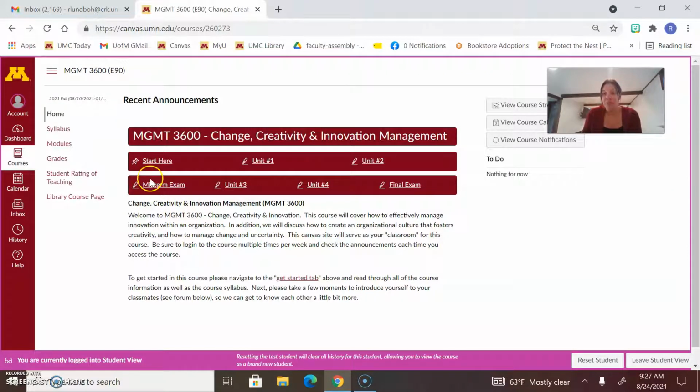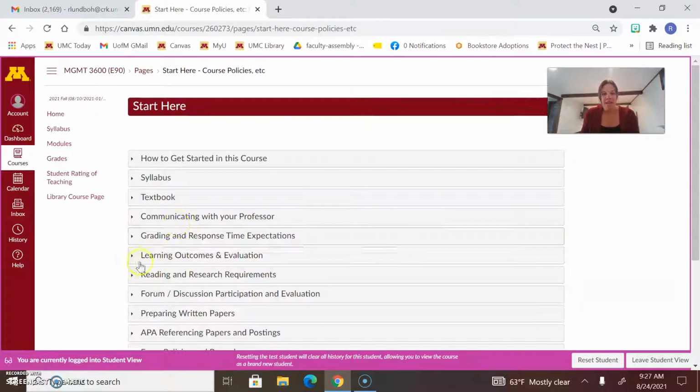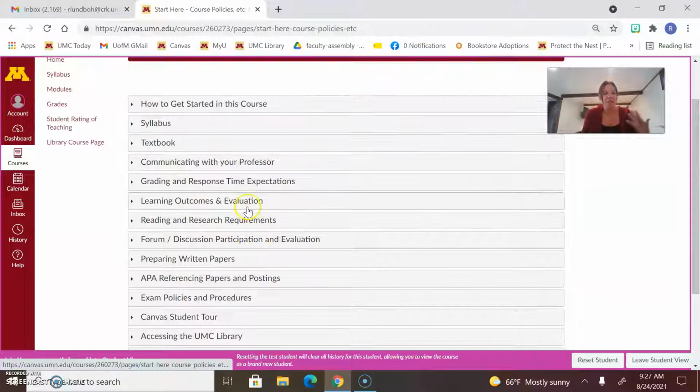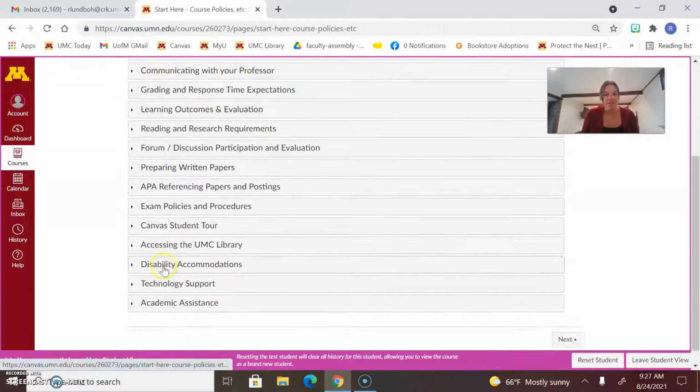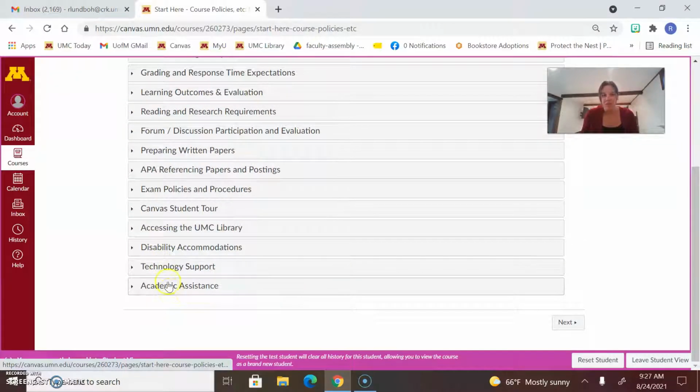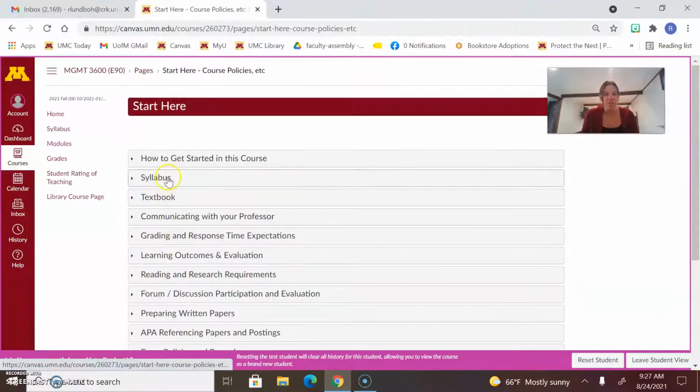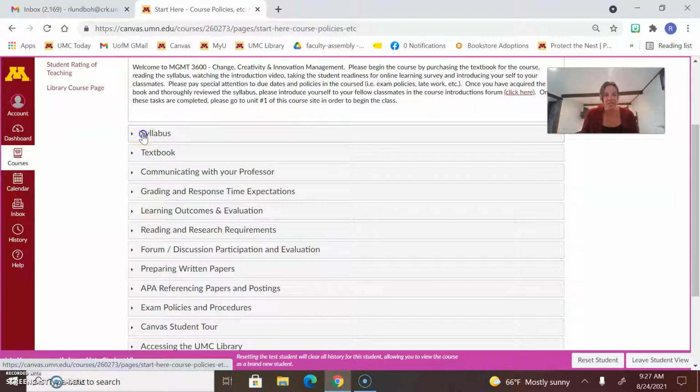When you first start with the course, I ask that you go to the Start Here tab. This has all the information you need regarding the textbook, how to communicate with me, learning outcomes, etc. Has links for tutoring, the library, etc. So you can just click on each of these and you can see.